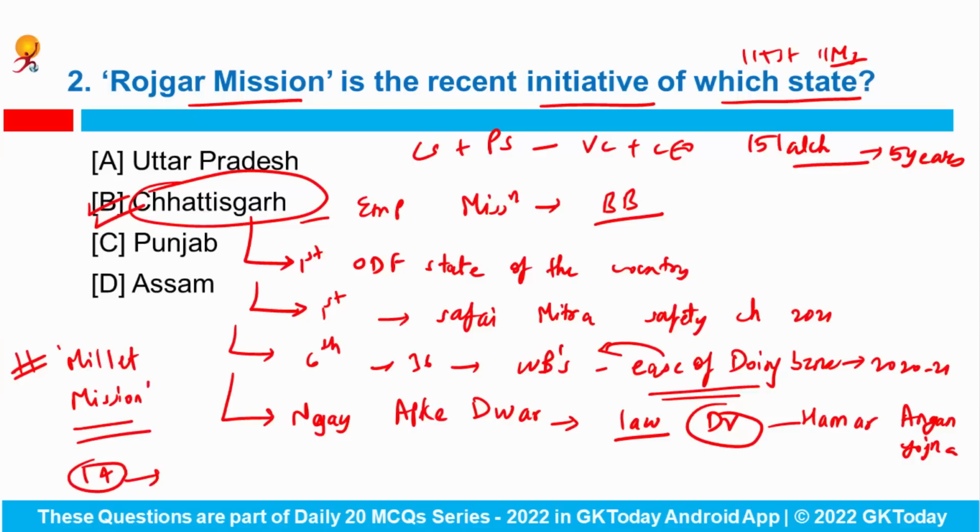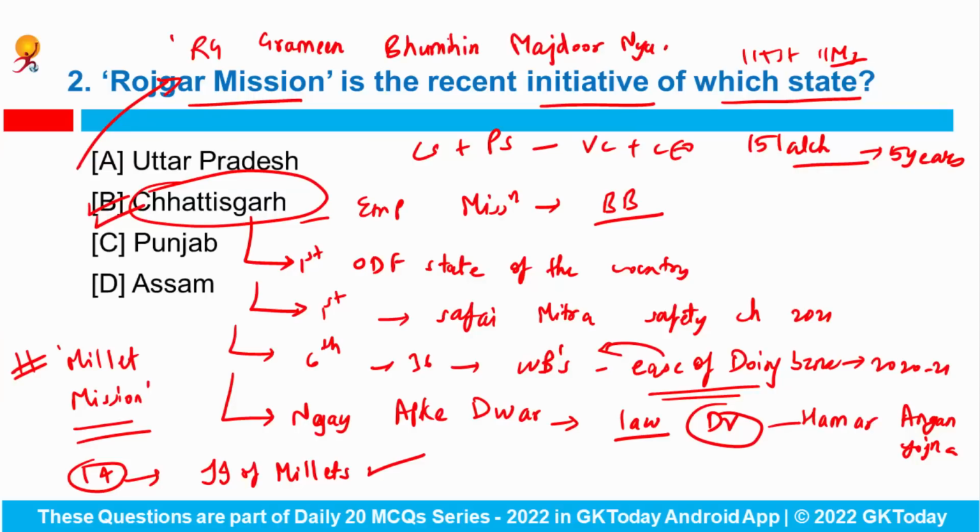Hence 14 districts of Chhattisgarh have signed a Memorandum of Understanding with the Hyderabad-based Indian Institute of Millets to boost production of millets in their respective areas. Okay. Then also Chhattisgarh was in news because of a scheme named Rajiv Gandhi Gramin Bhumihin Majdoor Nyay Yojana. So under this, 6,000 rupees will be provided to each of the 12 lakh landless laborers to benefit them along